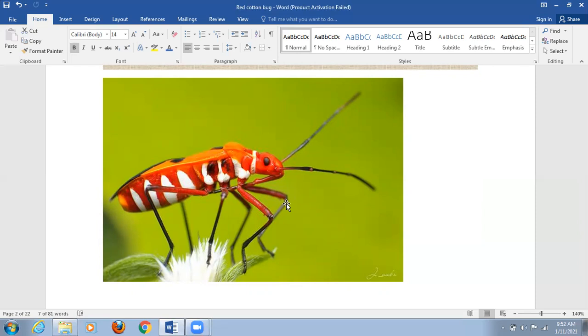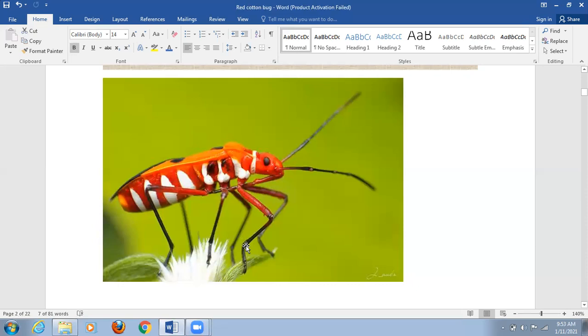As I told you, this particular pest is commonly known as cotton stainer because it has several discolored spots on the body surface. These white spots are found on the thoracic regions as well as on the abdominal regions, and there are black spots found on the forewing of the insect. That's why they are known as